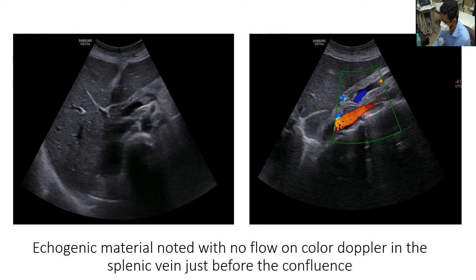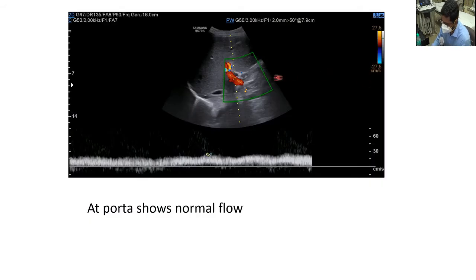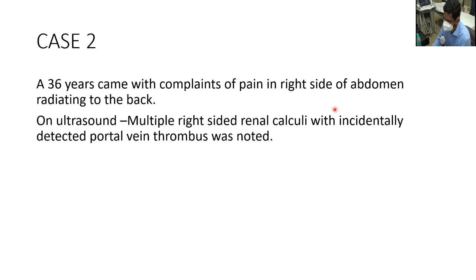On color examination, this segment does not show flow on color Doppler. And the portal vein at porta appears normal with a velocity of 30 centimeter per second, and the final impression is complete echogenic material noted in the splenic vein just before the confluence, suggestive of complete thrombus in splenic vein just before the confluence. Case number 2 is